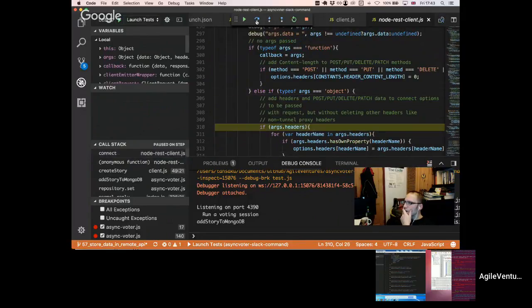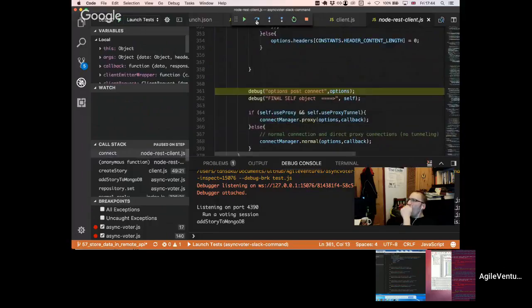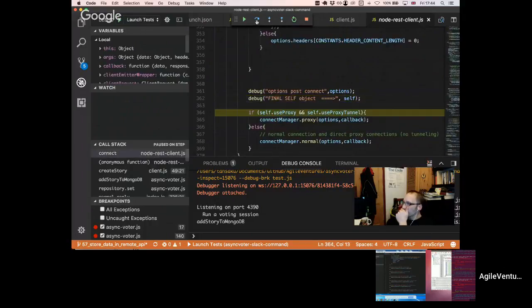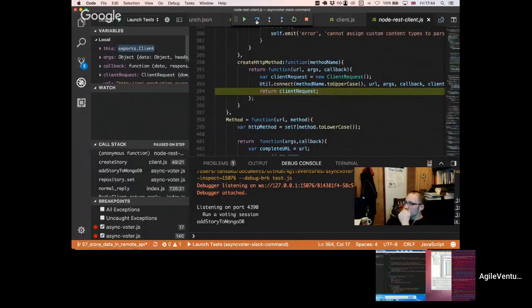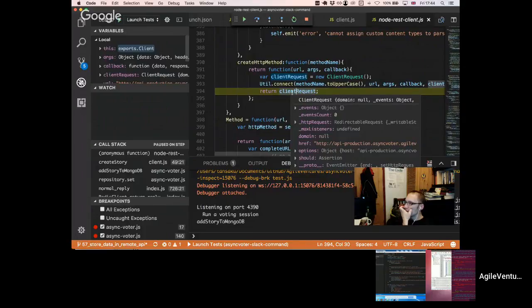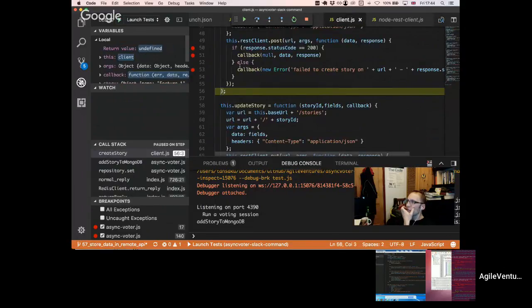But I can step. I don't even know what file I'm in now. But I think this is just constructing the post thing. Right, so we completed connect, and then it's the client request. So href. I guess I'm just going to step over that. And yeah, so it's just,